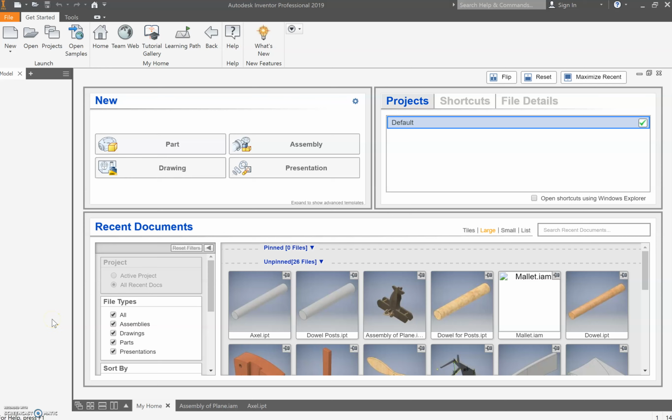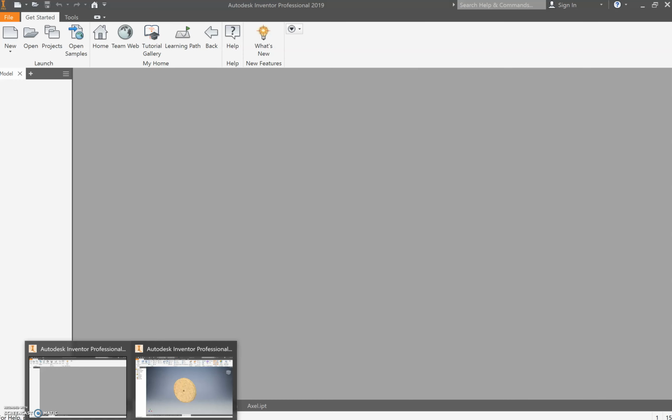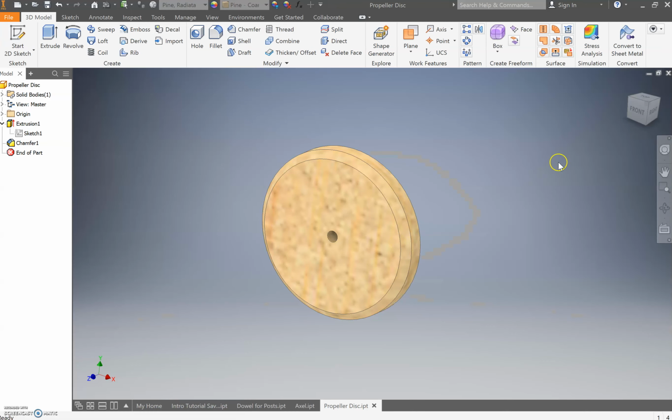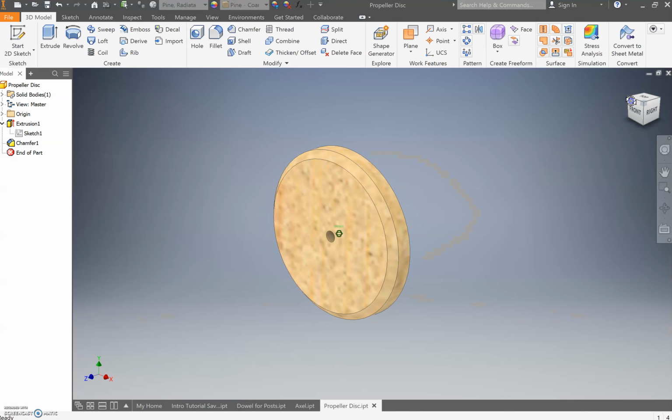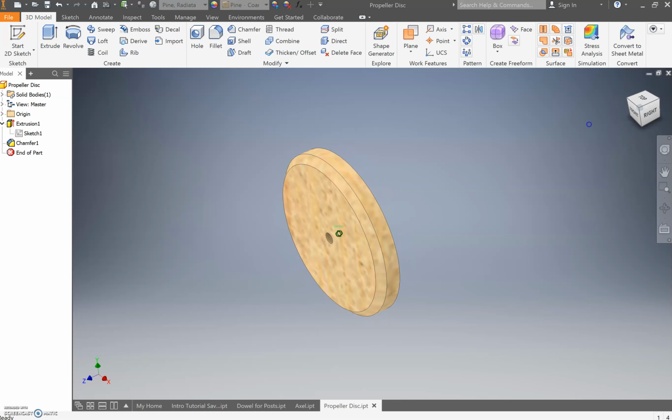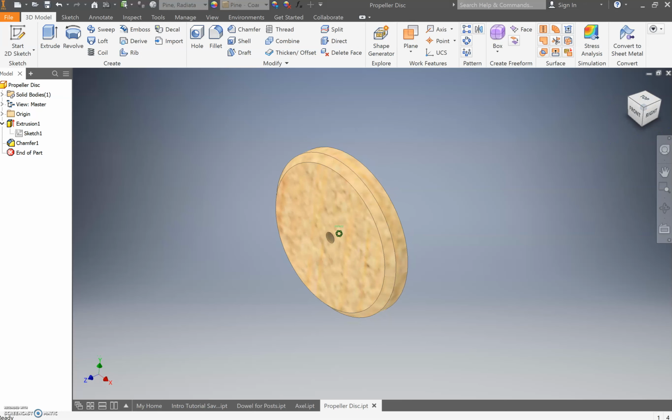Alright, so in this video we're going to go through and create the propeller disc. To do that, we're going to create a new part as always. Whilst that's loading, I'm going to show you exactly what we're creating. We're creating a 42mm round disc with a 3mm hole in the center and a 2mm chamfer on the outer